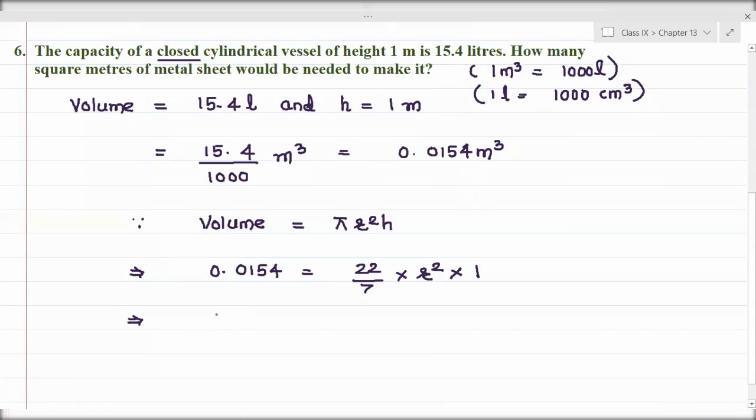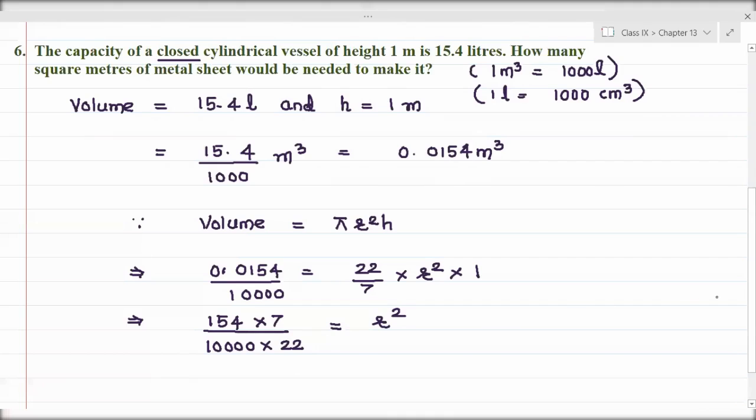Okay, so first of all, see this decimal I am removing here. If the decimal I will remove, upon 1, 2, 3, 4 zeros will come, because 3 zeros were earlier there and 0.4 was there. So 1 zero is also coming over there. So 154 multiplied by 7 divided by 10,000 into 22 is equal to r square will remain. Into 1 I have ignored.